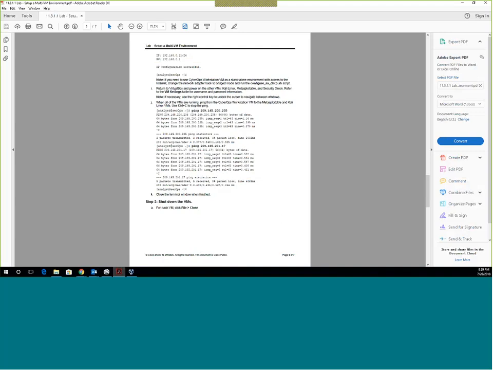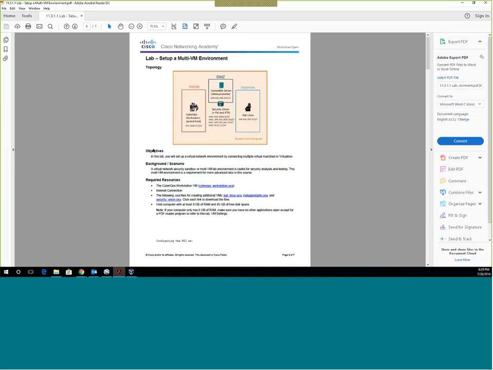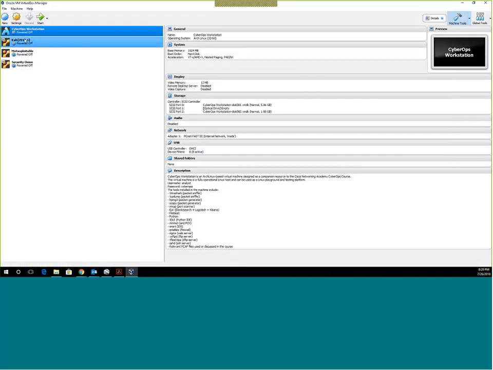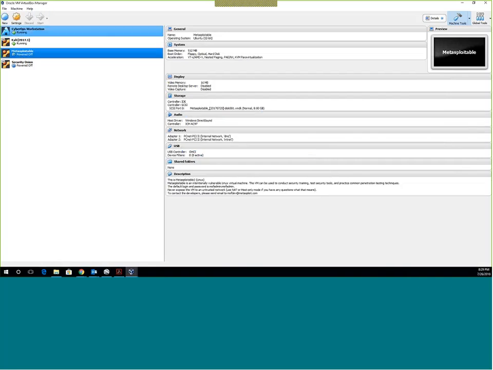So then we test it with pings and those things, and then you shut down the VMs. Be aware that this is not a hard lab to run. It's not hard to set up at all, but it will require you to have a good amount of resources on your machine. And now mine are all starting up.